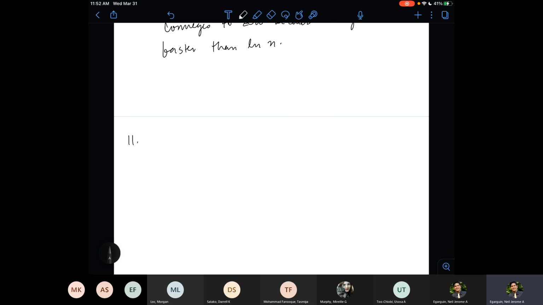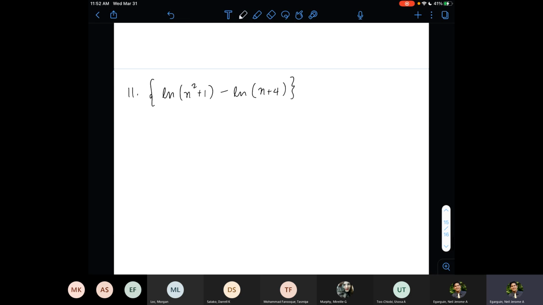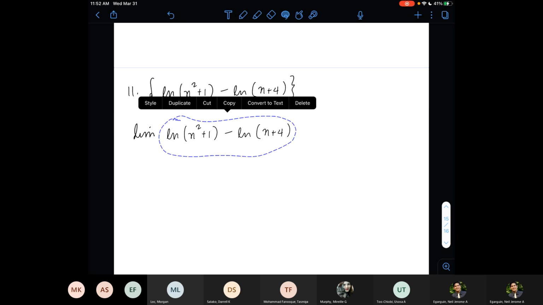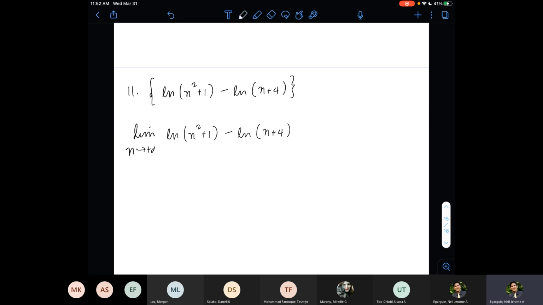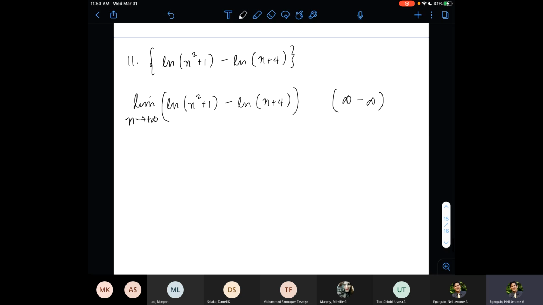Now Michael sent one nice question here. Ln of n squared plus 1 minus ln of n plus 4, right? So we'll try to take the limit as n approaches infinity. Okay, but if you try plugging in a large number, you'll get a large number minus another large number, right? And infinity minus infinity is an indeterminate form. So if that's the case, we need to find a way to find its limit, avoiding the indeterminacy,